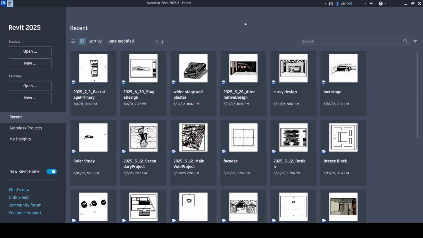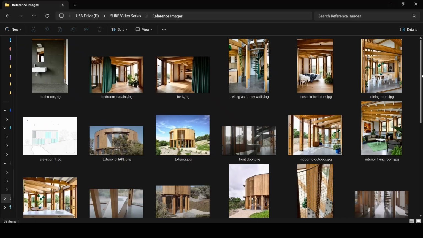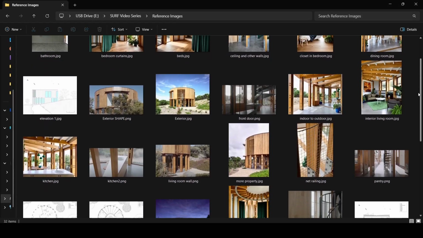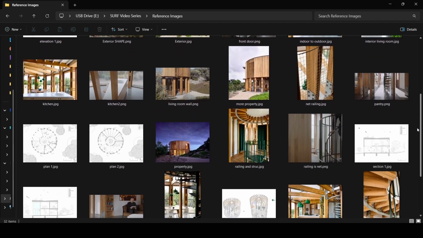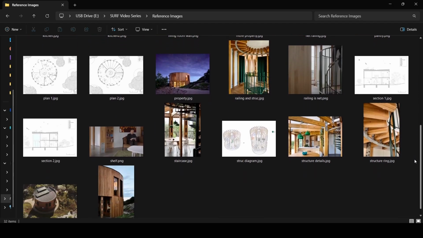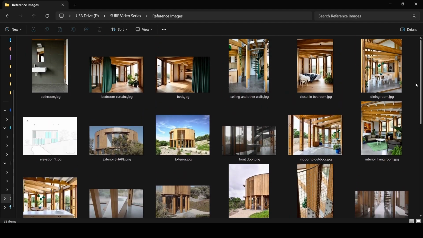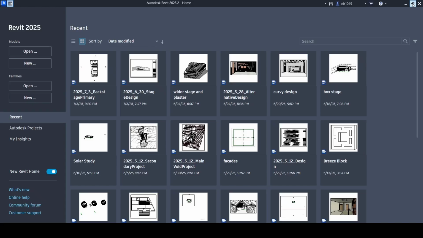Now, before we start, I actually collected a bunch of images of my building. If you're doing a different building, I would recommend collecting reference images as well as the floor plans and sections. These are going to help us model and eyeball parts of the building that we normally can't see within the floor plans and sections. So we're going to go back to Revit, and to start our project,